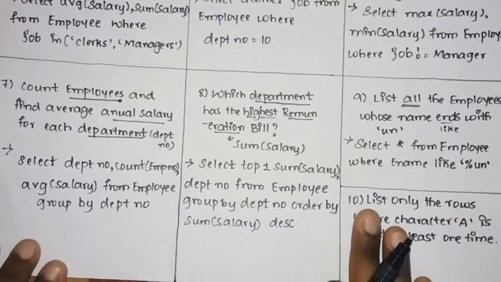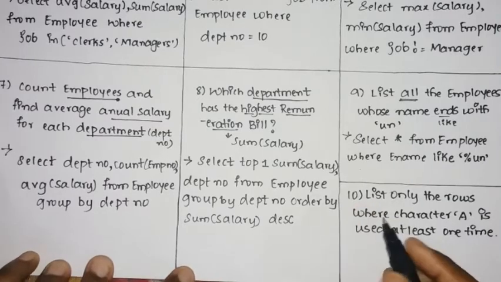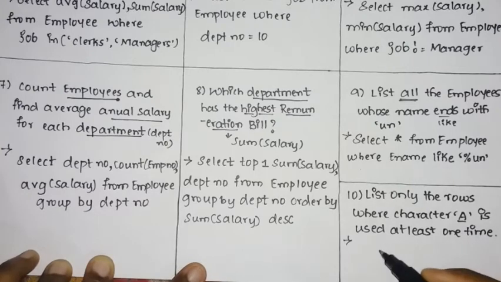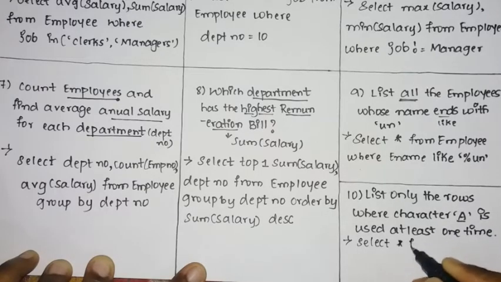Then we shall see the last question, the 10th question: list only the rows where character A is used at least one time. Here they have specified that you need to list only the rows where the character A is used at least one time. A should be used at least one time, either at the starting or at the ending. So first you need to display the table, and from the table choose only those rows. So select star from employee where